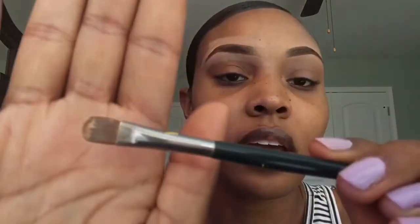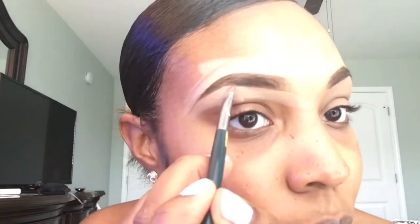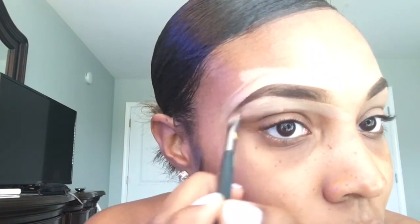Brushes like this are my favorite brushes to use for eyebrows. It just makes a world of difference. And I never want, yeah, see, I want it smooth. This brow always does this weird angle thing, and I always have to smooth it out, it's really weird. So that one looks like how I want it to. So I'm just going to